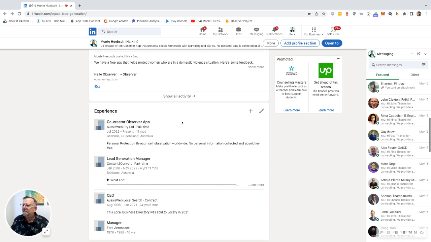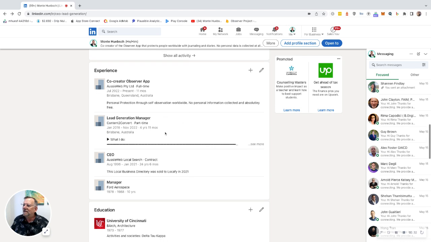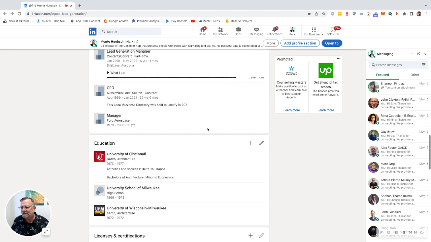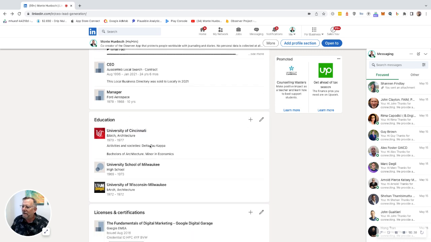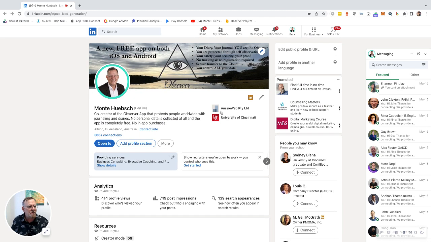So we do that. And then, of course, we do get down to our electronic CV, and it says, yeah, co-creator Observer, lead generation, still doing that. Used to run the Aussie Web Local Search Directory, and back to my aerospace. And then here's university education. So we keep all of that, but we turn the profile page itself into a mini website. Why?